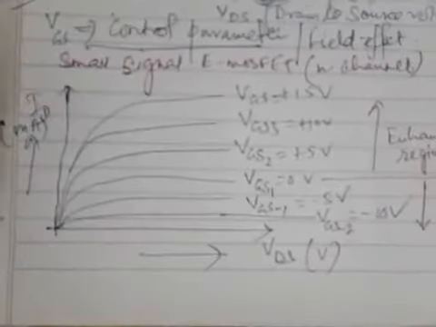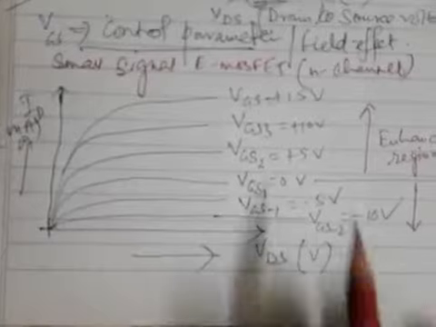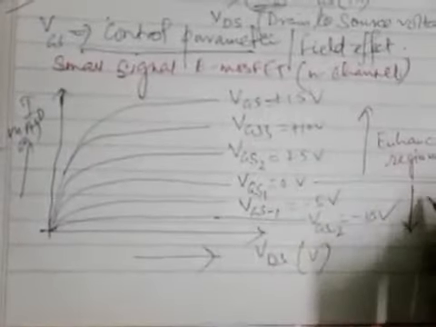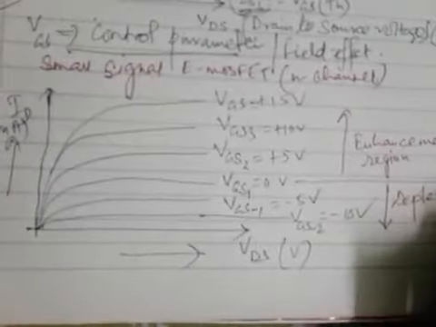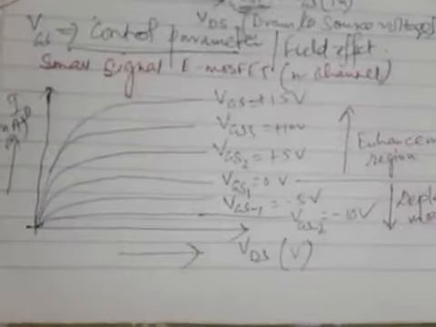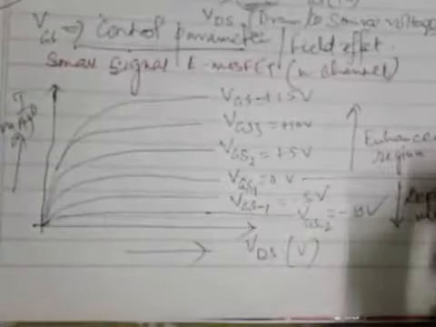From this level of VGS equal to 0 volt, if you go downward, increasing negatively the VGS value, then you can observe the depletion mode of operation. So this is the enhancement mode region above this VGS equal to 0 volt curve, and below this it is the depletion mode of